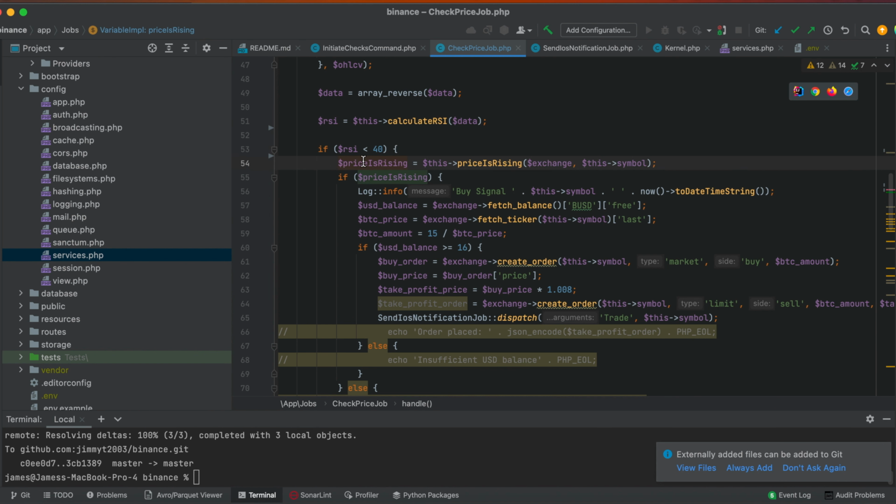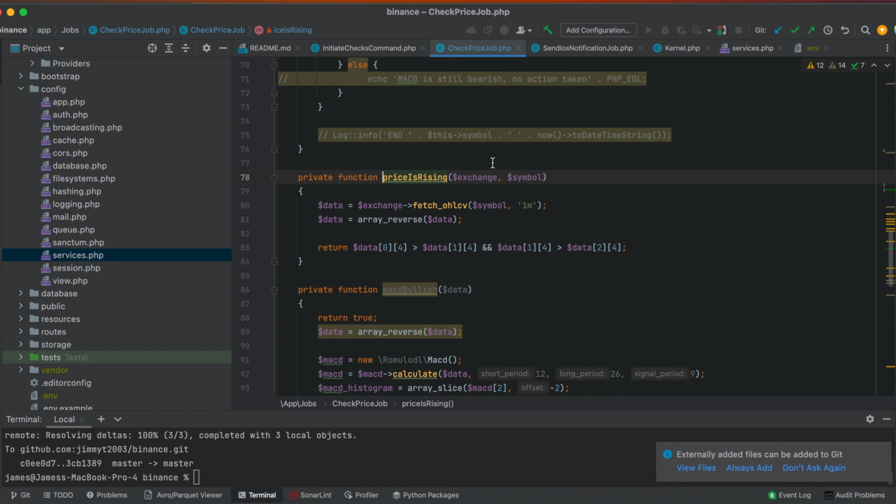So we do an extra check, basically saying, is the price rising? I'll just show you this. We pass it the symbol and that exchange object so that we can use some of the functions built into the CCXT library. And this time I'm getting the minute by minute candles instead of the hourly candles. So every minute I'm going to get a price, so it's a list of 500 prices. And then we're going to reverse it again so that the first values are going to be the